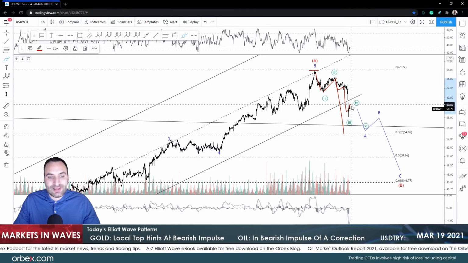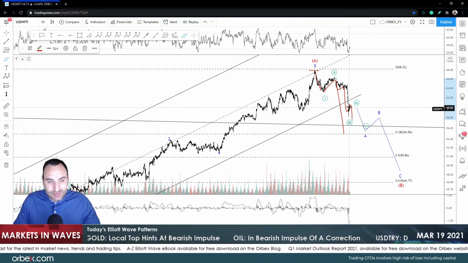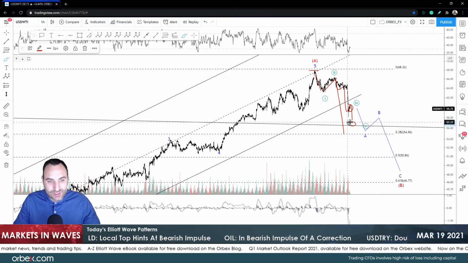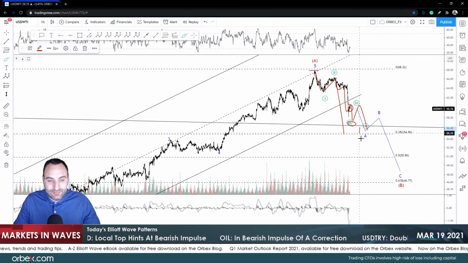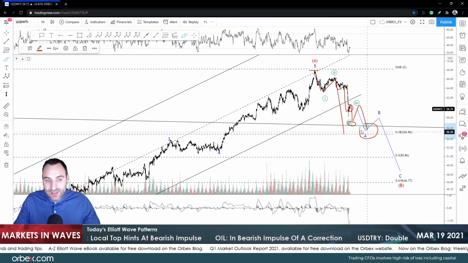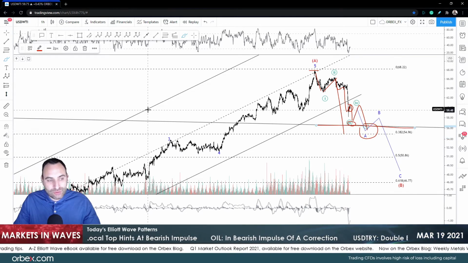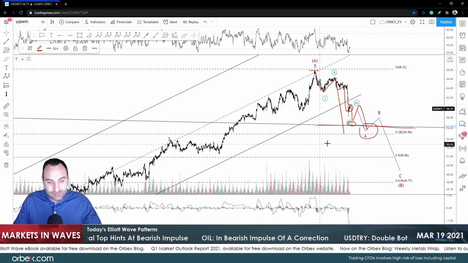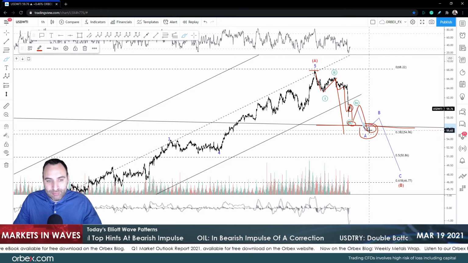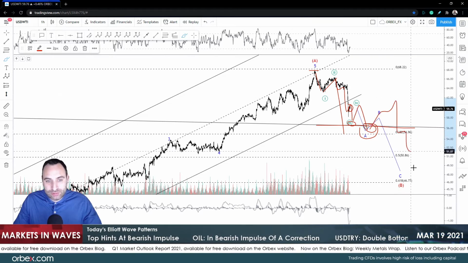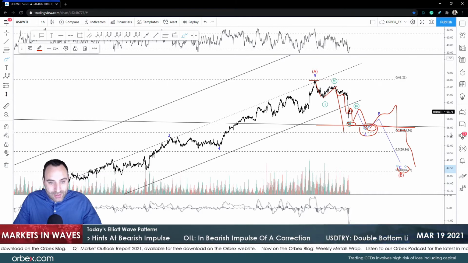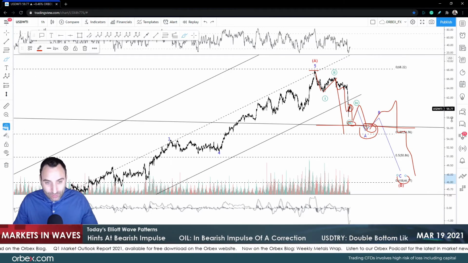So I'm expecting a 4 over here to end internally, then get the 5, which is 3, and then 4, and then 5. And this perhaps is going to be wave A. And since this is the monstrous multi-year descending channel trend line, the top one, most likely we're going to get a bounce over here for wave B and then continue lower in wave C. That can take us anywhere between 54 and 46, guys, perhaps even lower.